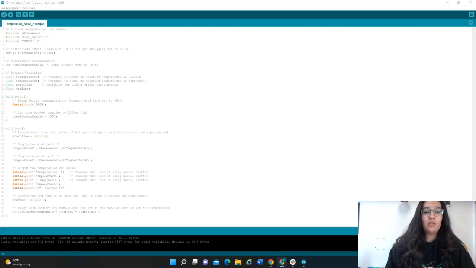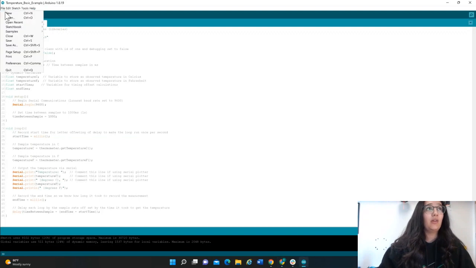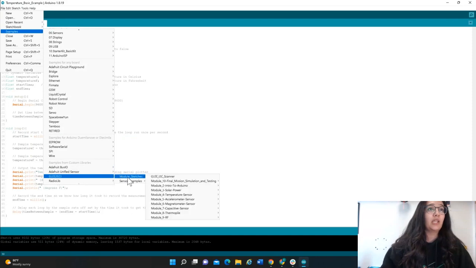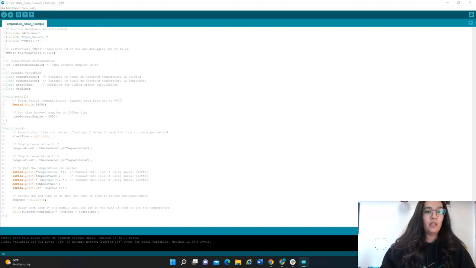And then as for the code, you're going to need the accelerometer basic example sketch code, which you can find here if you go up to File and then Examples, and then down to GLE 2023 and Module Sketches. If you go to Module 5, you'll find the accelerometer basic example, and if we open that up,